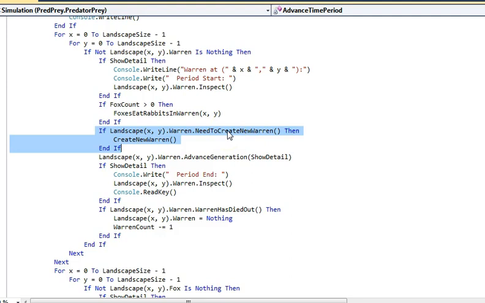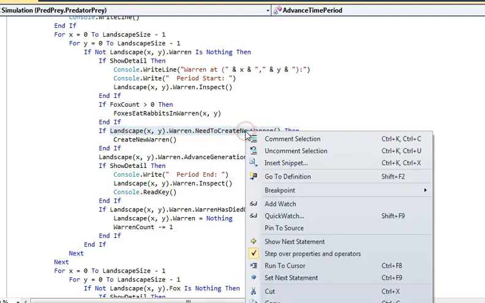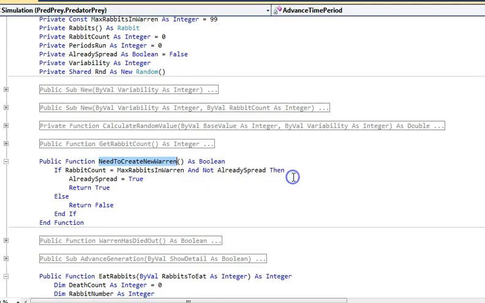I hope you've all had the discussion with your parents, because rabbits reproduce. And if we have too many rabbits, more as in 99, then we need to create a new warren. Okay. It's handled by this getter, which points to a property. Let's go to it, so it takes a second. Which points to a property, and effectively,